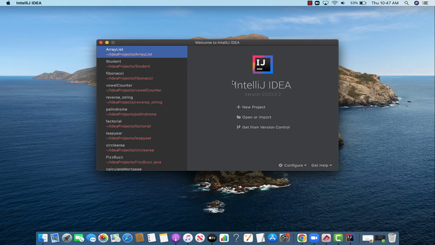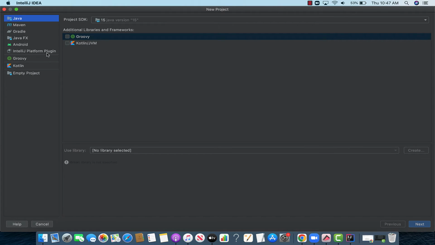So as you remember, we downloaded IntelliJ earlier. IntelliJ is the platform on which we're going to be writing all of our Java code. So whenever you want to write a program, open up IntelliJ, and when you want to create a new program, click on New Project. Now once you click on New Project, make sure that on the left side here, Java